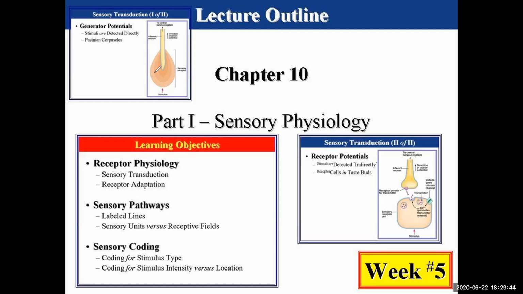As your skin receives a deep pressure stimulus, it can distort skin areas deep enough all the way down to the Pacinian corpuscle. And once the sensory part of the receptor is distorted, it's going to induce the axon